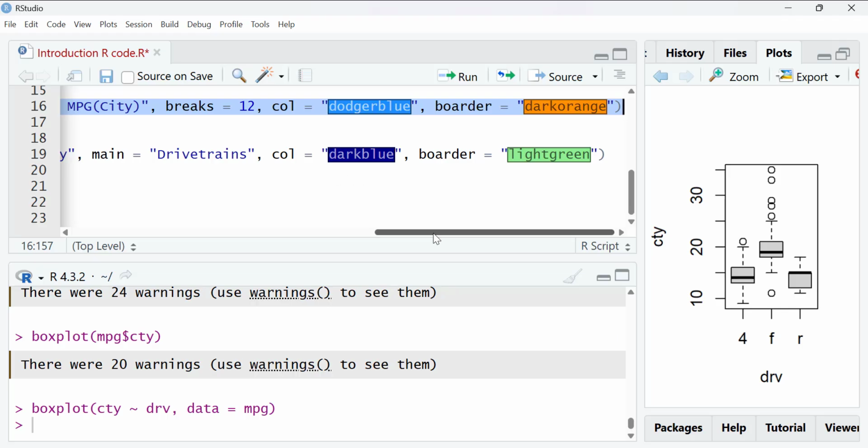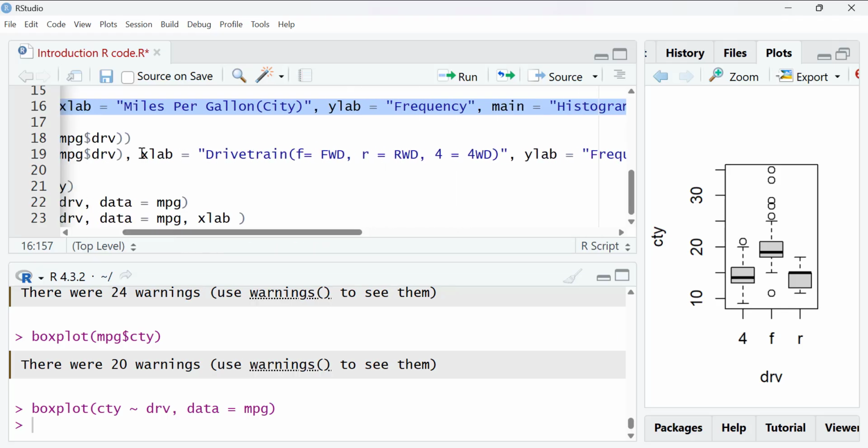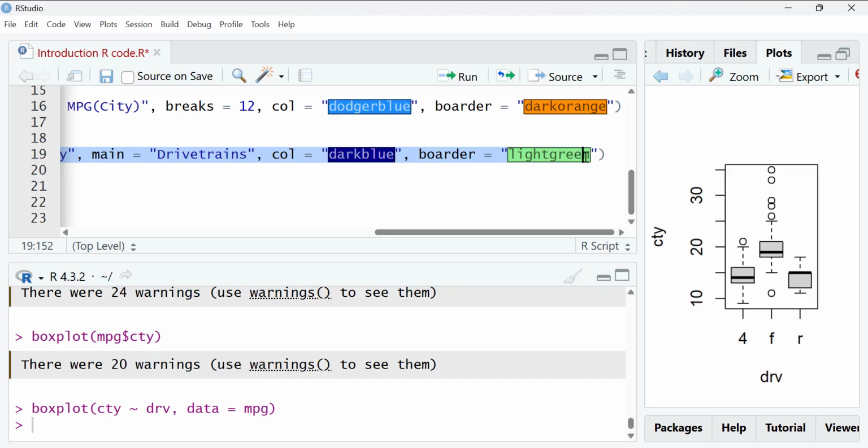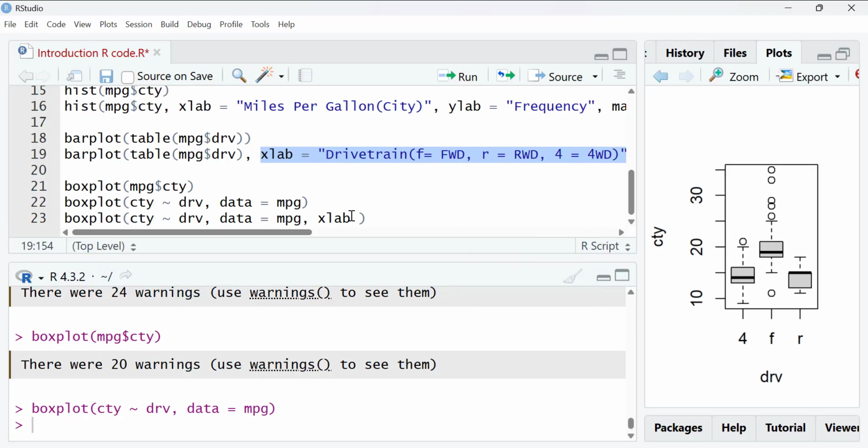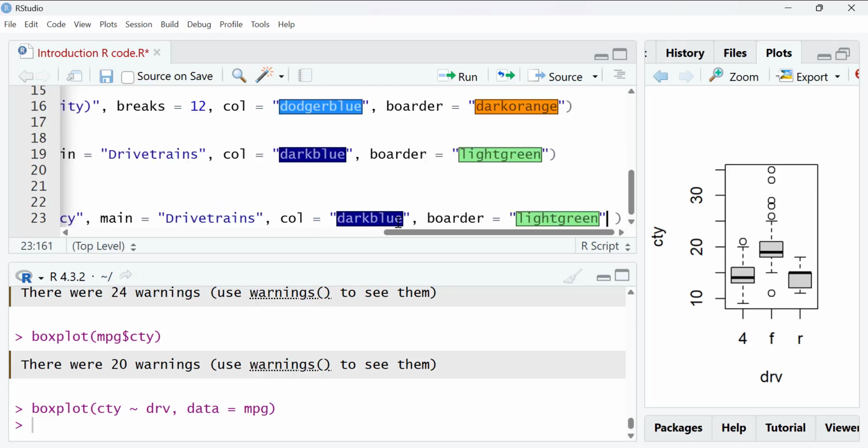Actually, drivetrains. Okay, xlab is about drivetrains. Copy that code and come back here. So we put in xlab, ylab, main. It's here, and it's drivetrains,